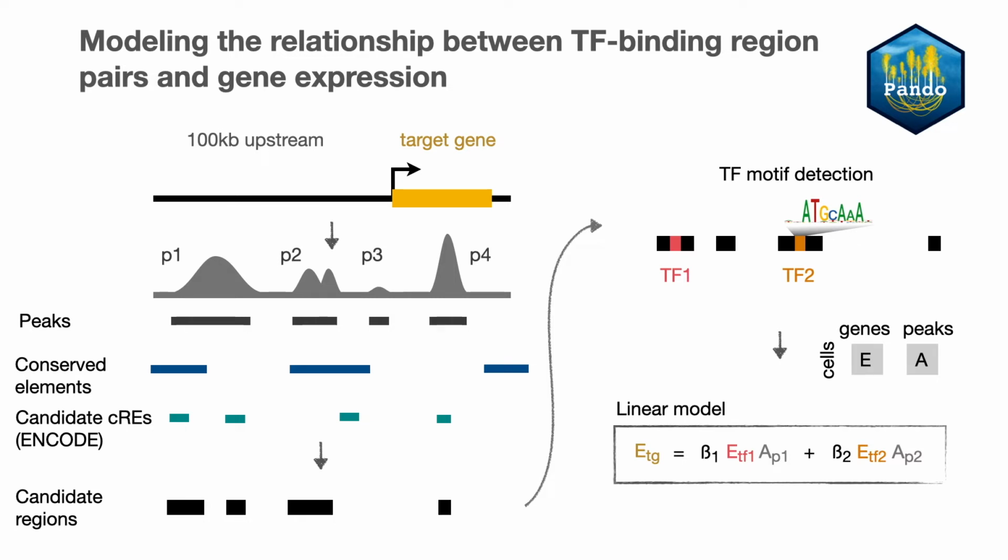Since this is multi-omic data, we also have the expression of all genes and the accessibility of all peaks for each cell, so we now have everything together to fit our model. Here we use a linear model that models the expression of the target gene based on the interactions of the expression of the transcription factors with the accessibility of their binding site. Fitting this model gives us these parameters beta, which are a measure of how these transcription factor binding site pairs regulate the expression of a target gene. Fitting these models for many genes gives us a network where each node is a gene and each edge is characterized by one of these coefficients.